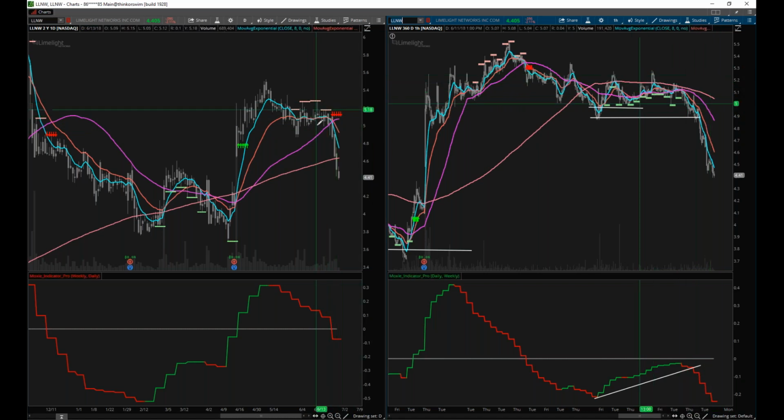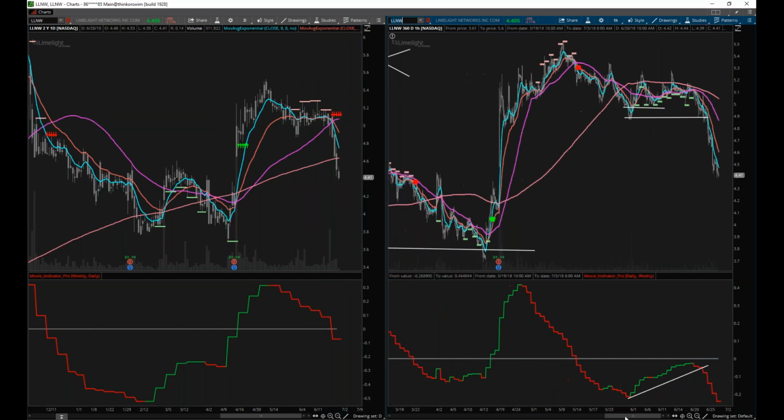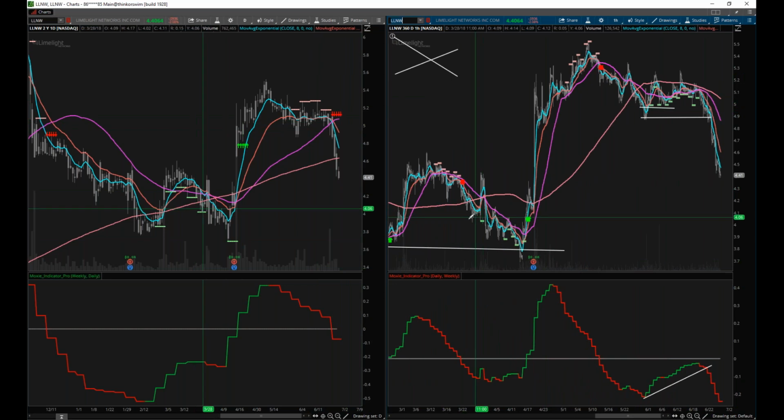And look here on the daily chart. We even got confirmation to the downside that this thing wasn't going to work. And if you want to back up a little bit, look at this. Here is price down. Here is the indicator going flat, so that's giving us our divergence, our pressure to the upside. And look at this, we got price above the moving average, and we got a Moxie price trigger just before earnings, and it popped.